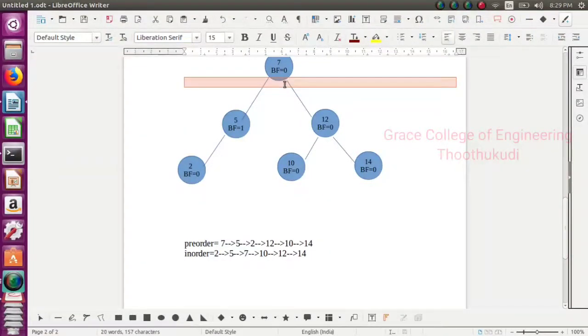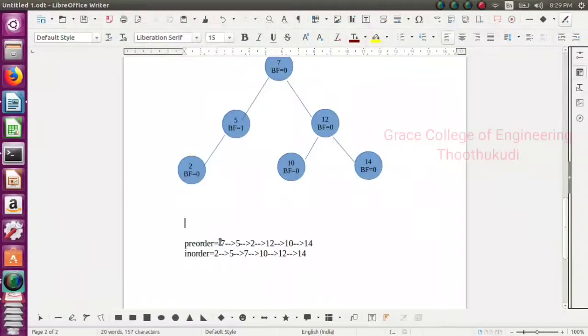Next you check the balance factor value. The balance factor value is calculated by the height of left subtree minus the height of right subtree. Here the balance factor values of all the nodes are 0, 1 or -1. So this tree is an AVL tree.